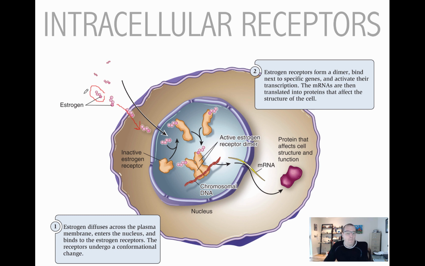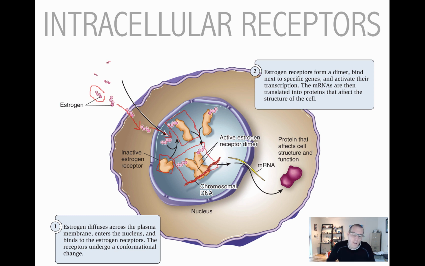So as long as there's a gradient, estrogens have a net direction of movement into the cell. And so it can also then move into the nucleus through a nuclear pore, for example, but it could also diffuse across the nuclear envelope, I guess, as well. Once it gets into the cytoplasm there is a protein, the estrogen receptor, that is held in an inactive form. And the estrogen receptor only becomes active when estrogen binds to it. So estrogen binds to it, and it changes shape upon estrogen binding. 2 of those receptors will then come together,